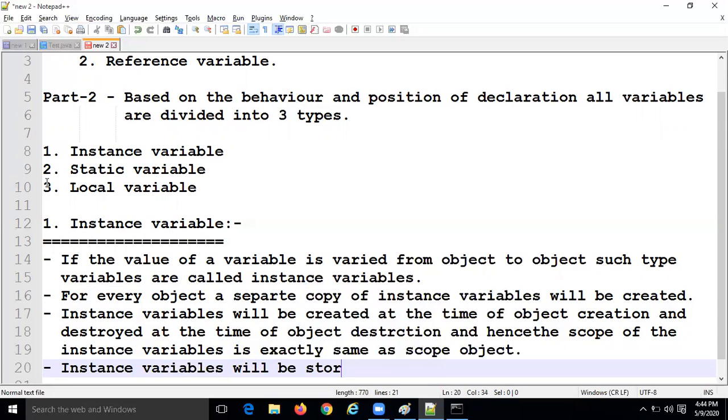Instance variables will be stored on the heap, as part of the object. Okay.